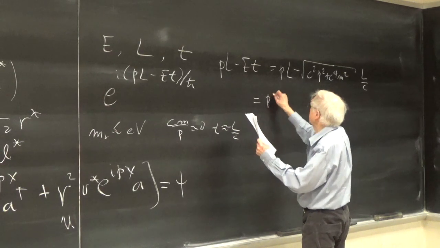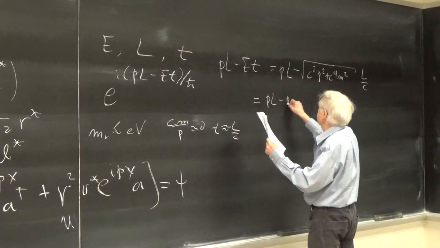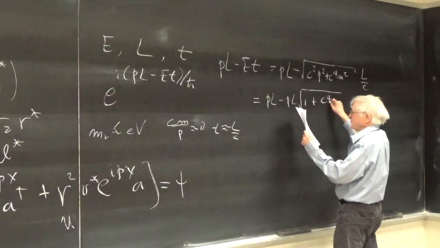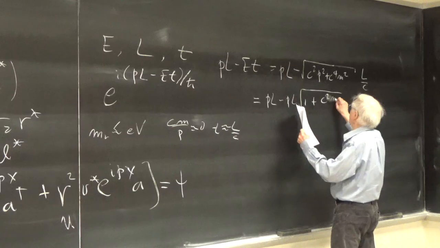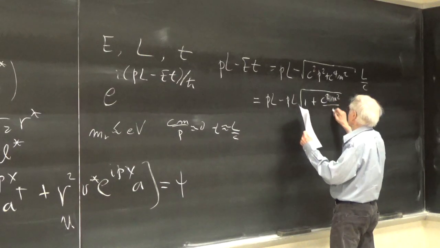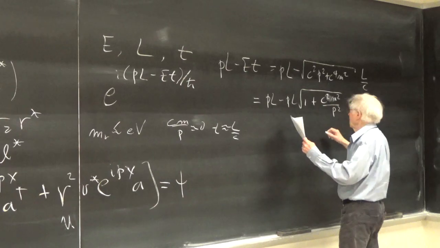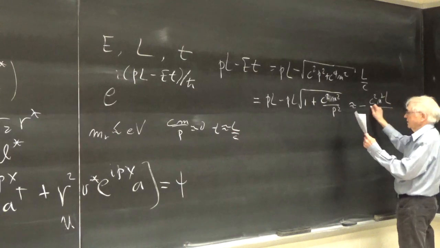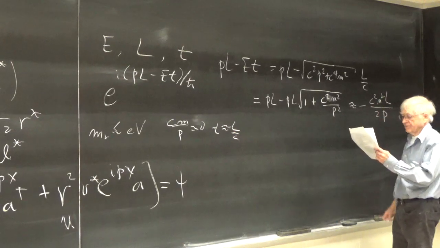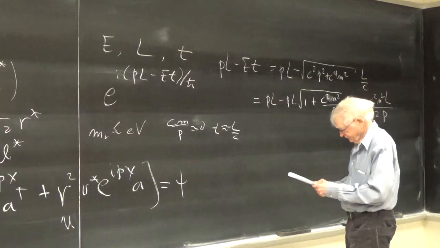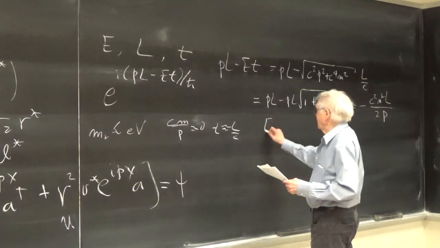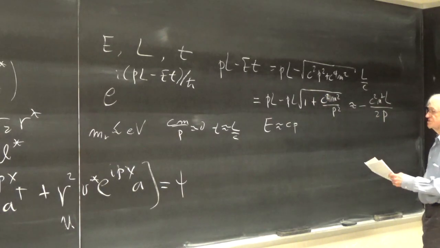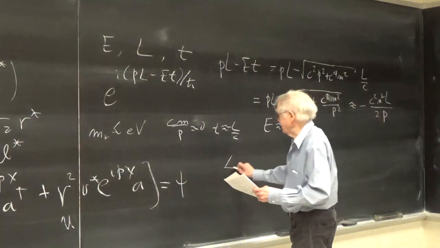This is then pL minus pL times the square root of 1 + c²m²/p², and this is approximately minus c²m²L over 2p. On the other hand, E is essentially cp to many significant figures, and so the change in the phase,